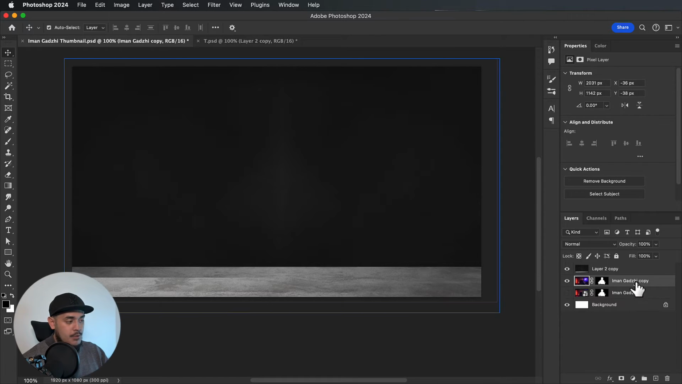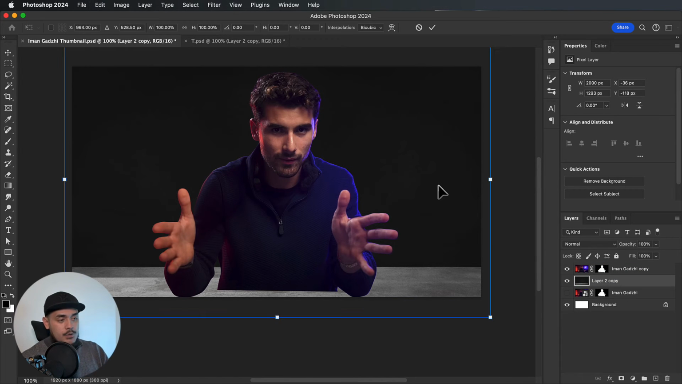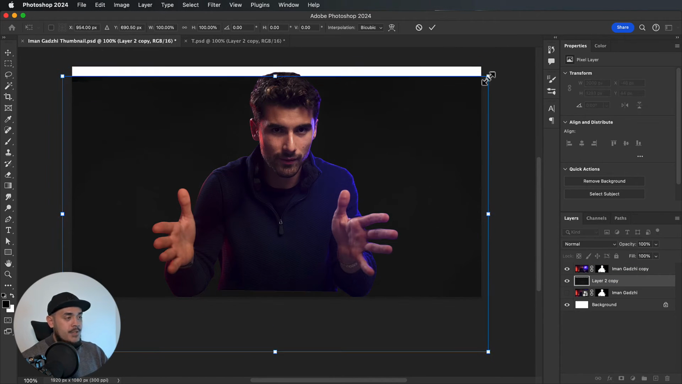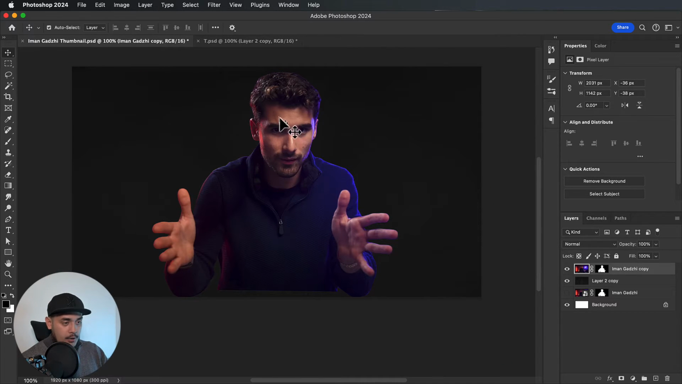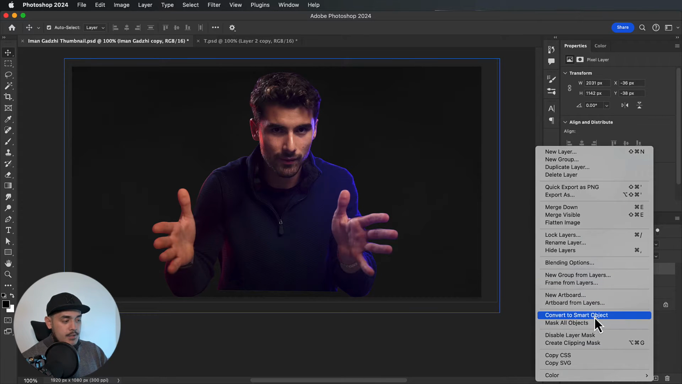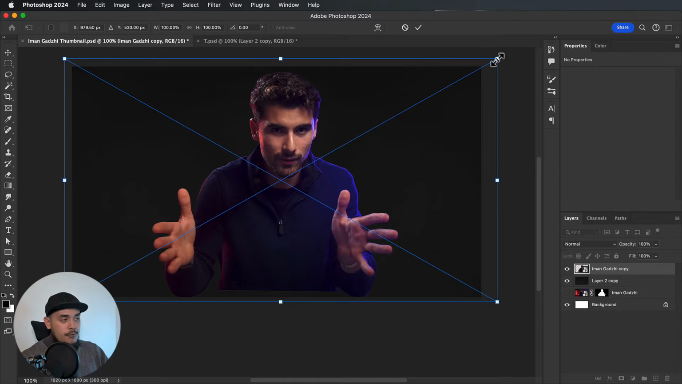Okay, so the first step is to bring the subject layer to the front. And what we are going to do with the background is adjust it so that it fits the screen and everything is just black like so. We are also going to click on the subject, which is Iman Gadzhi, right click, create smart object, and we are going to resize this image to fit on screen